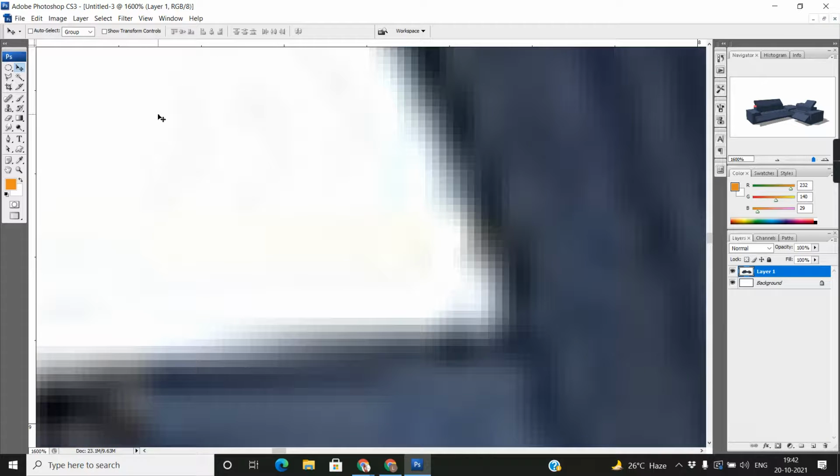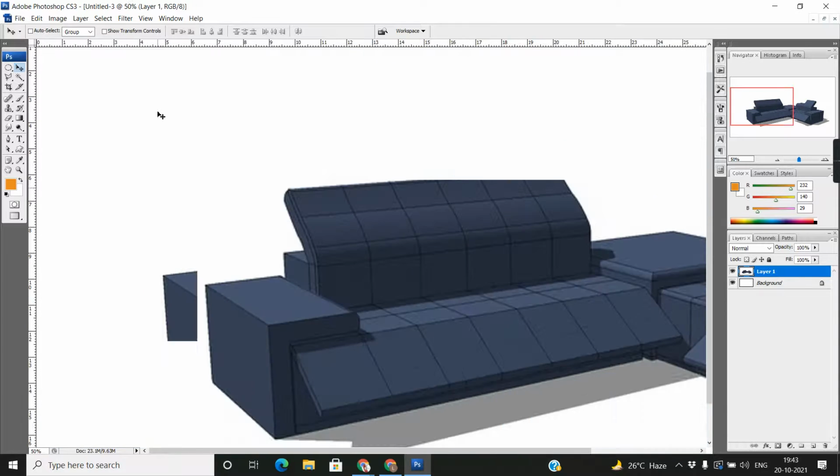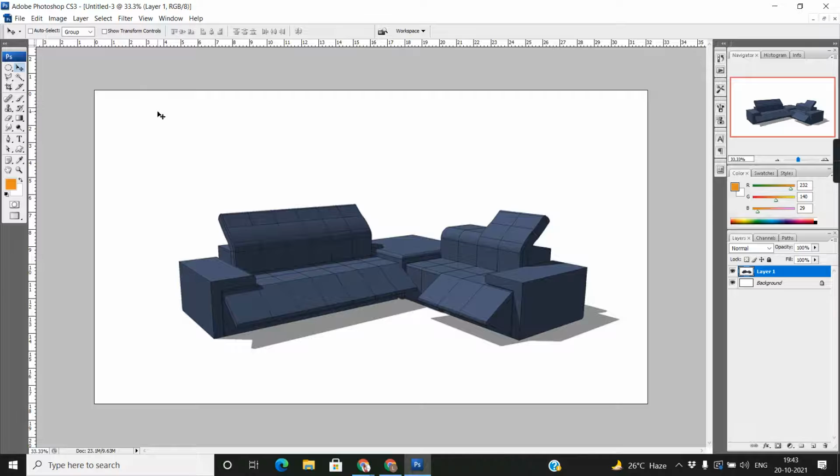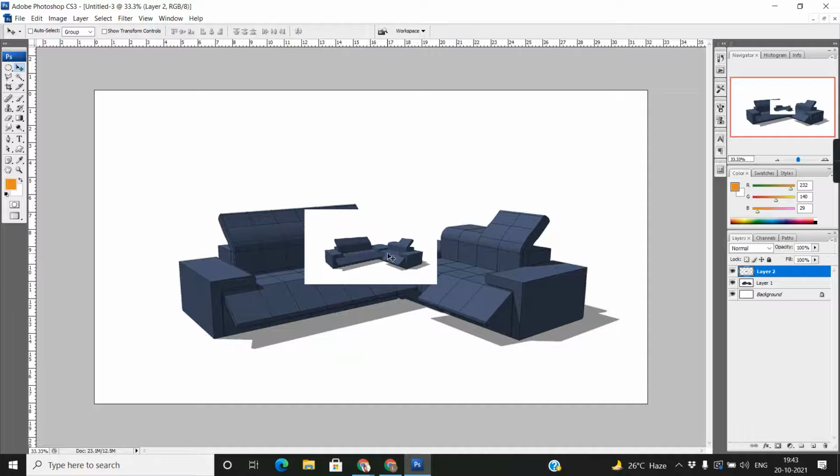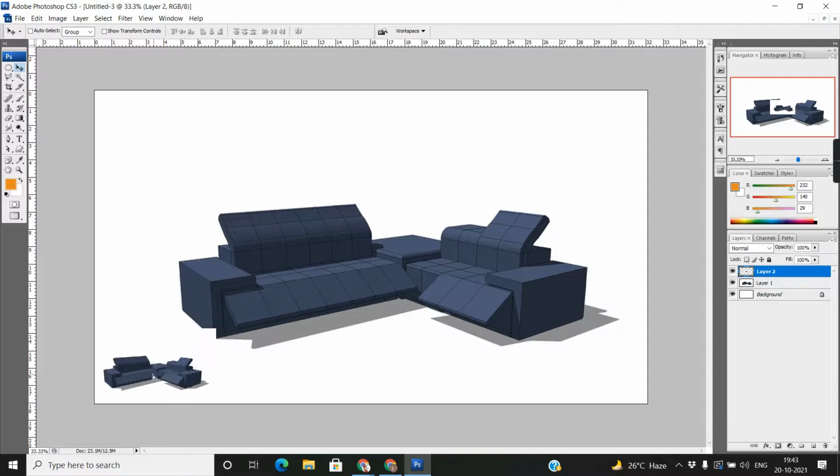The reason I increase the resolution, what is the reason? When I increase the resolution, my file size is automatically increased. So always be aware. If I now press Control V, look, my original size, and this is editable after increasing the resolution.